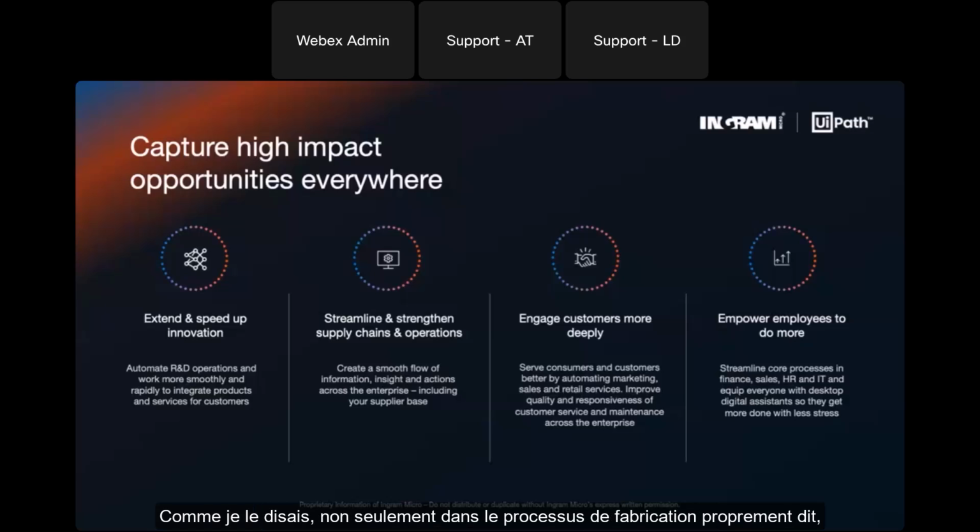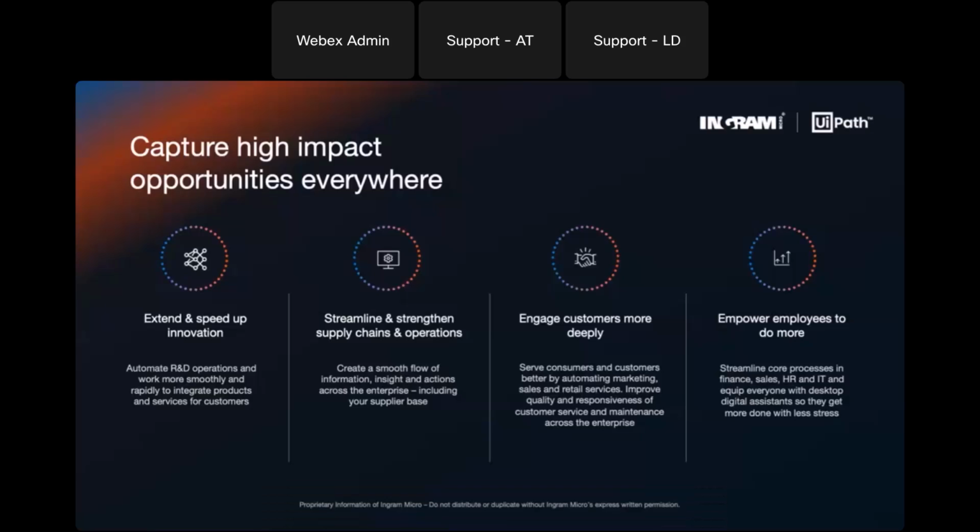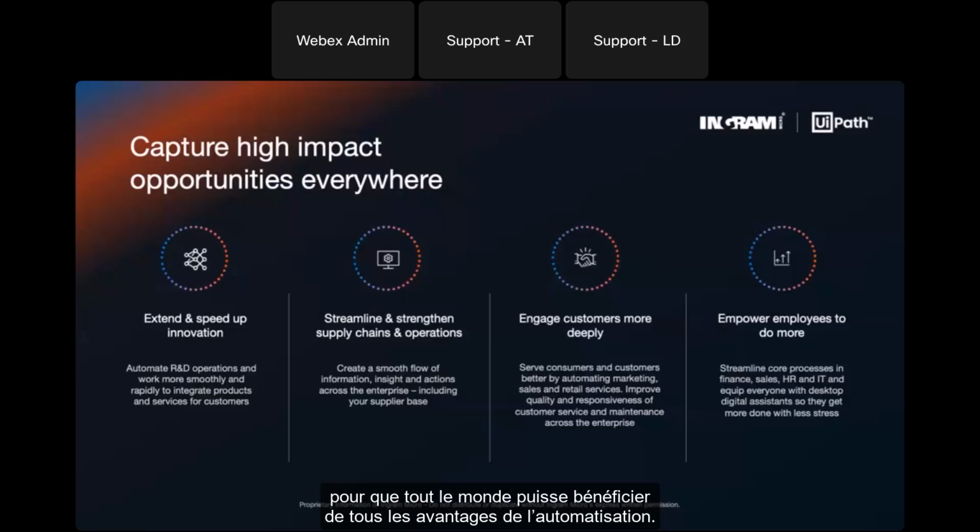As I was mentioning, not only in the actual manufacturing process, but in other strategic areas of their business, understanding how those different areas enable the business outcomes that they are looking for, and how can we enable the automation for areas like, for example, marketing, HR, sales, the IT teams themselves, so everyone can have access to all the different benefits that the automation brings